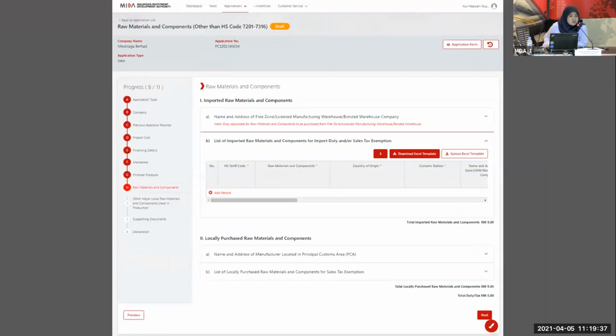Okay, next is the raw material and component section.